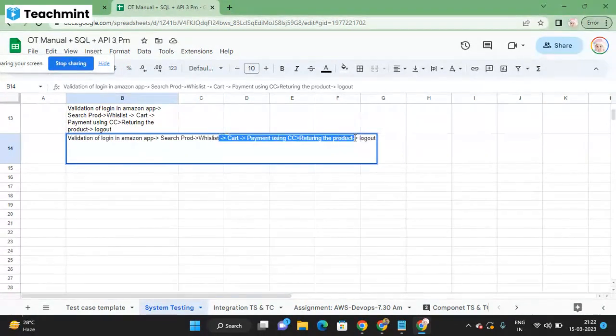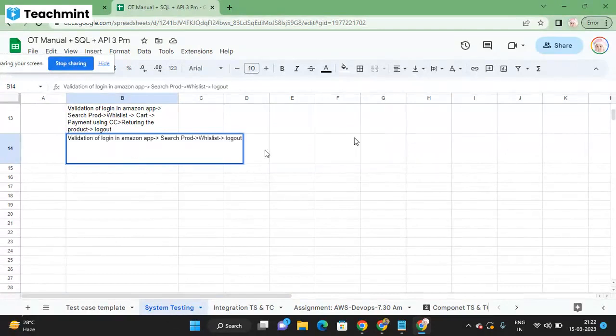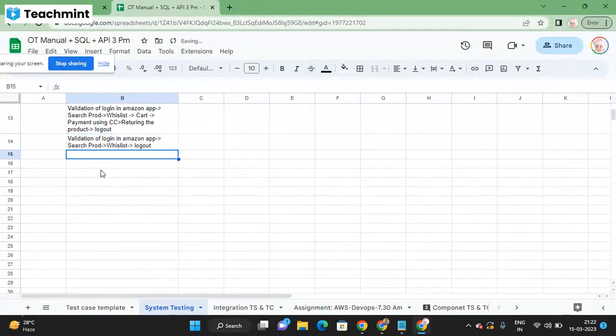Now you are directly doing the logout. That's it. It is also a system scenario. Or maybe consider like